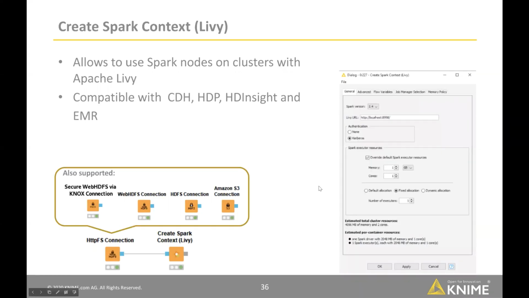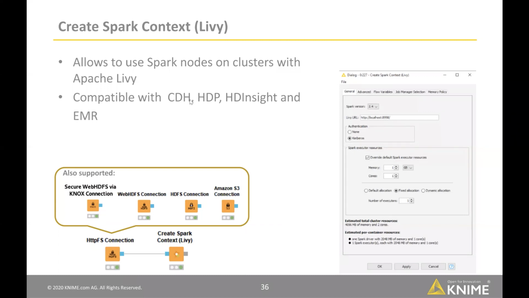All right. As for the Livy node, this one typically requires a Livy service running in your cluster. We have that on HDInsight, and the Hortonworks HDP distributions already include Livy.